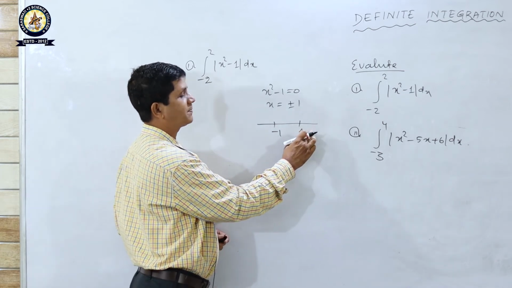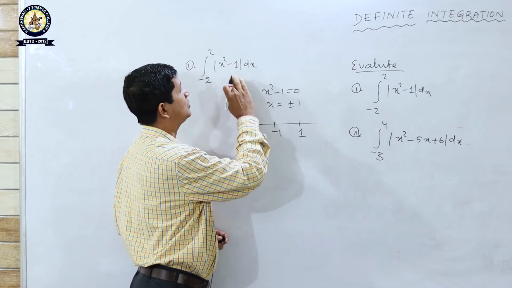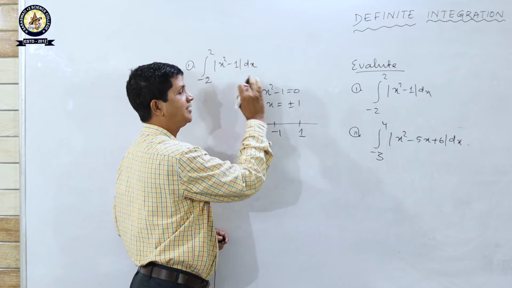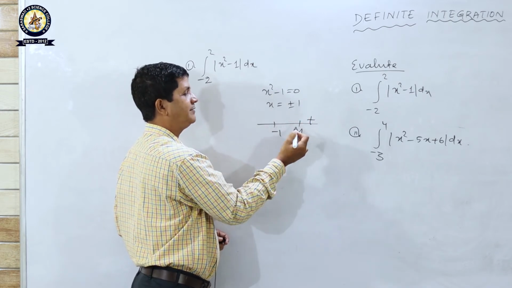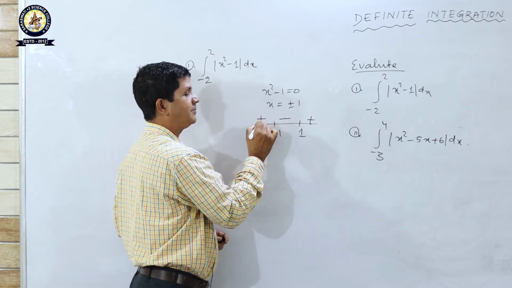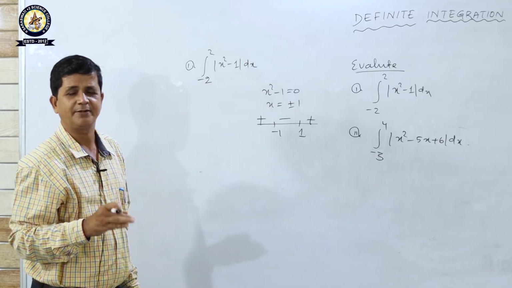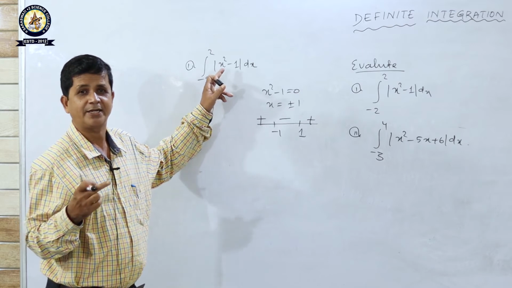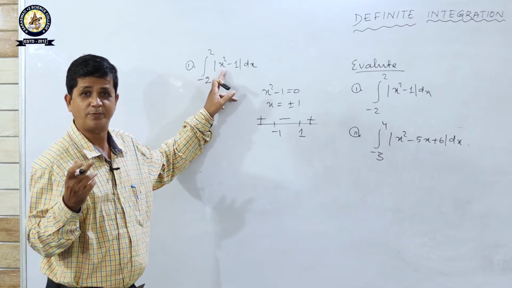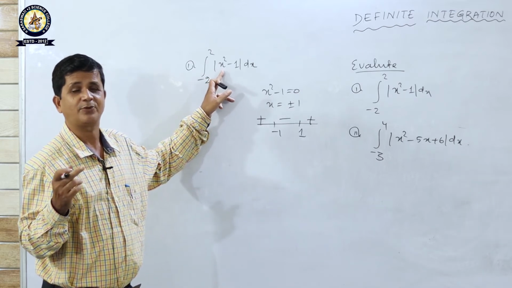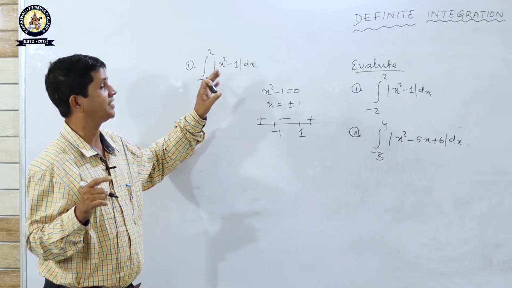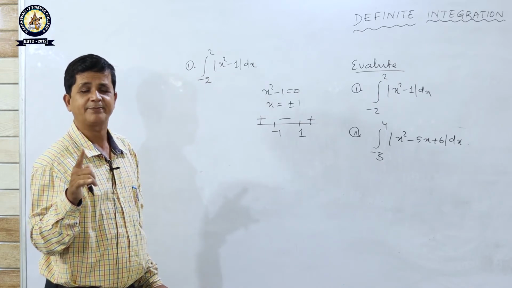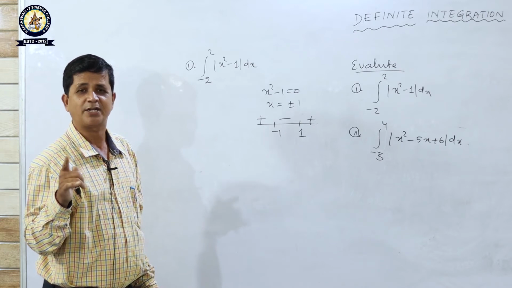Taking some number from the right side of 1, you put x equal to 2, 4 minus 1 is 3, positive. Then it will be negative, and then positive: positive, negative, positive, alternating sides, if the factors have odd power. x minus 1 into x plus 1 are two factors and their power is 1, meaning only one factor each: x minus 1 is one factor, and x plus 1 is another factor.